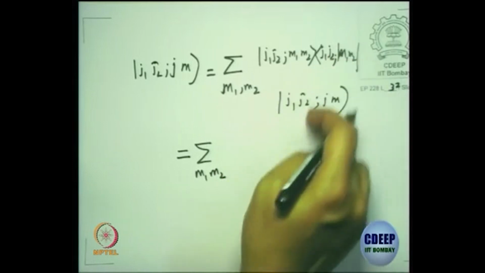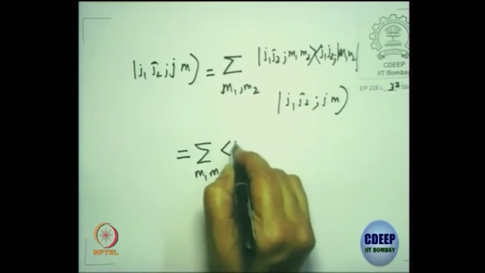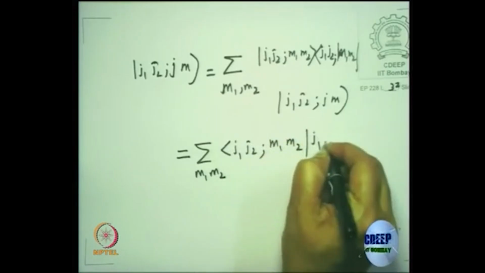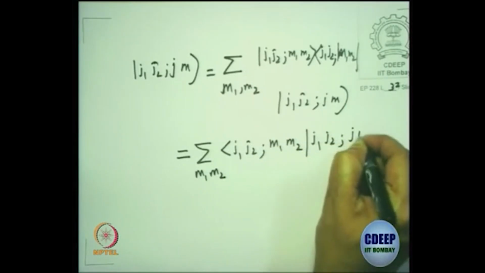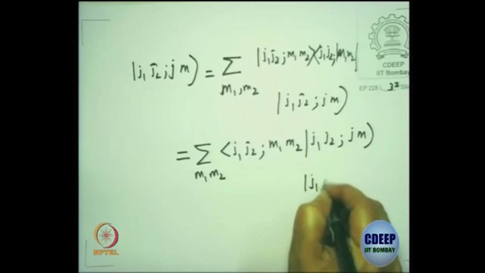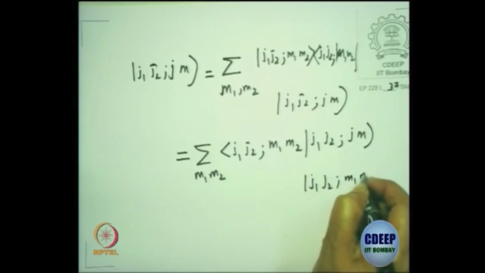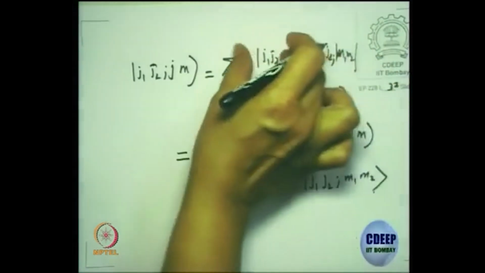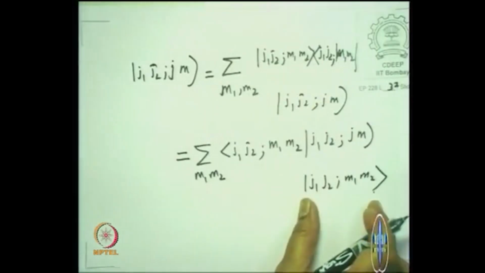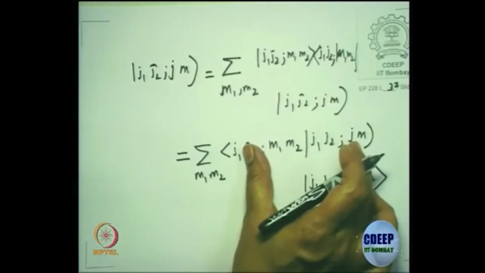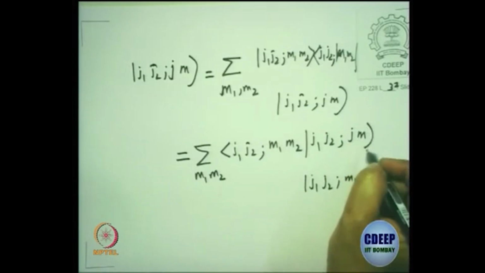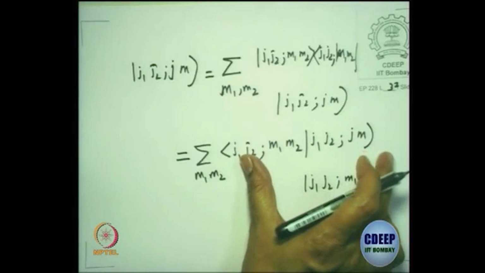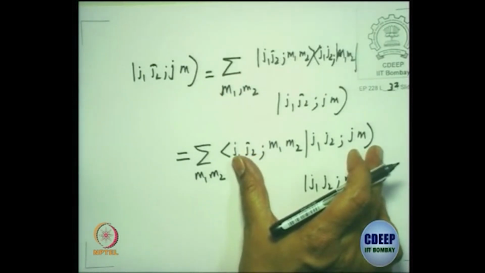You can take this inner product and write. I've just taken this with this and brought the ket to this side because this is a number. For convenience I've used a curve, but actually it is an angular bracket. It's an inner product of two basis states that will give you some kind of coefficient,